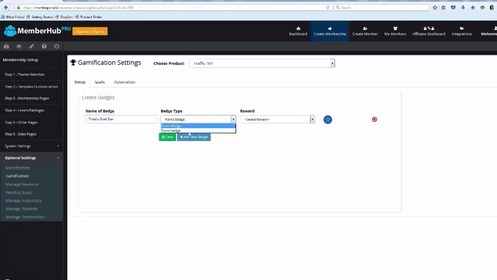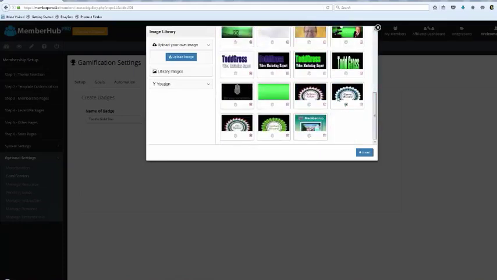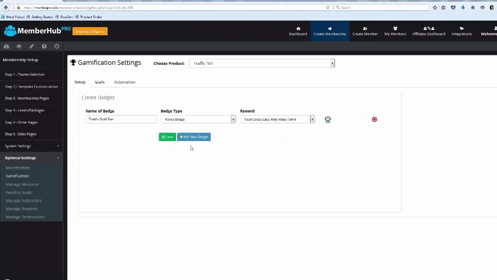Okay, so when they earn so many points, they're going to receive Todd's Gold Star. And so you have two different badge types that we can create. We can do a points badge, which they're automatically issued when they receive that many points, or we can do a task badge. And with a task badge, when they complete the task, they're automatically going to receive that badge. So I'm going to choose a points badge, and then I can give out the T-shirt when they receive so many points. And I can come over here and swap out this image too. So I can choose, say, this would say Todd's Gold Star badge. Okay? So I say insert, and there we go.